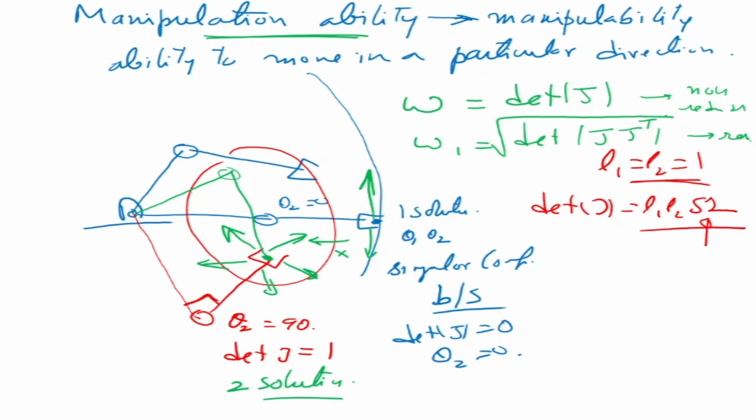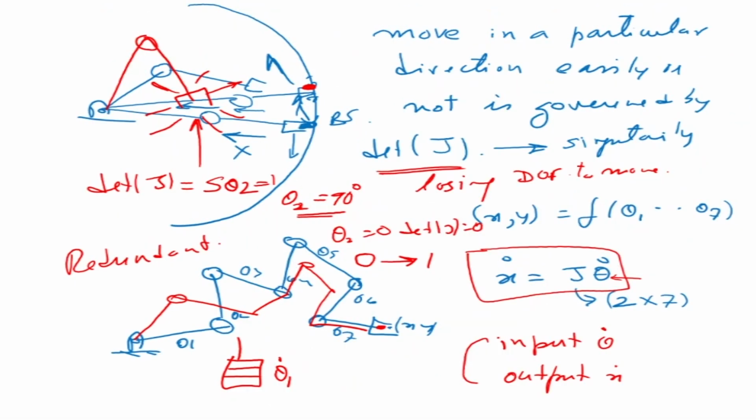Okay, so now we understand that there is some relation between the manipulation ability, the determinant, the singular values, and the ability to move in a particular direction. So that brings us to a very general question. This was one, the relationship here. Now what I just talked about some time back is regarding the redundant system here.